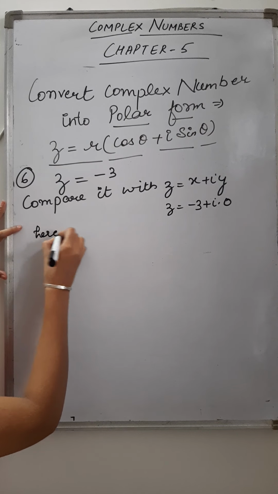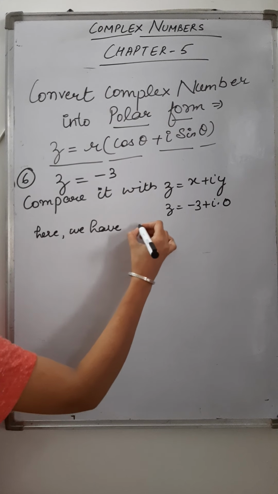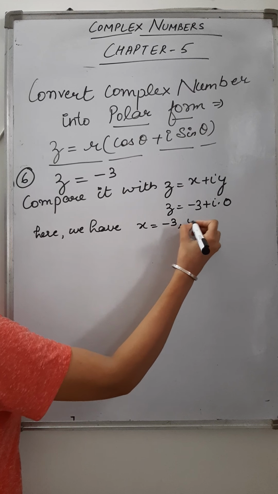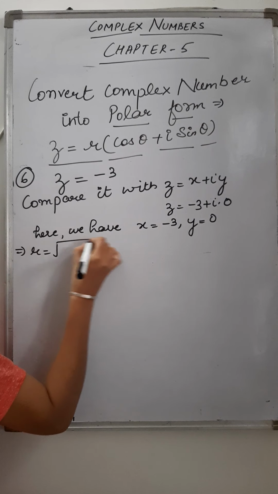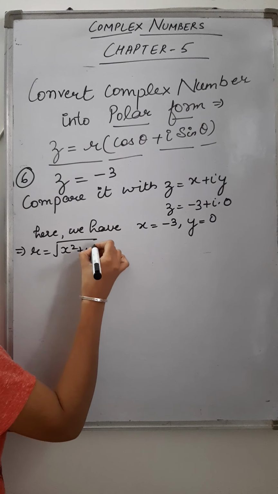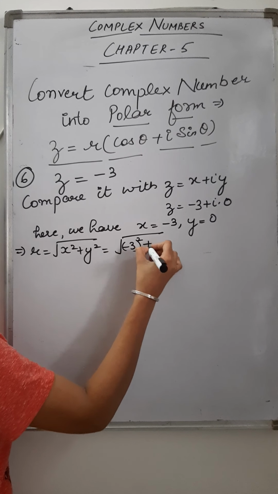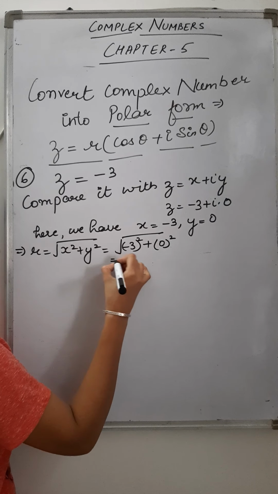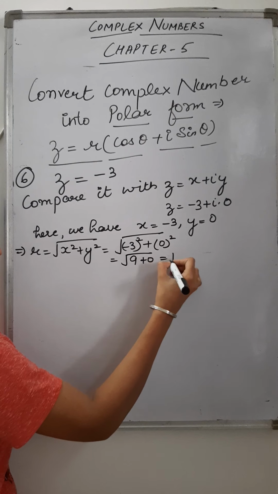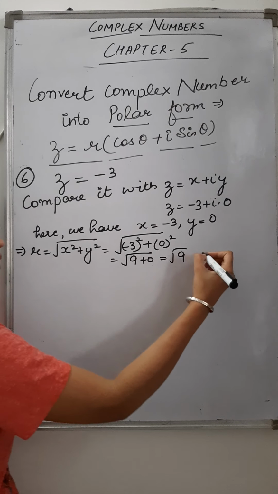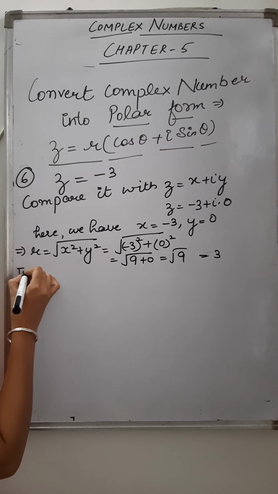Here we have x is equals to minus 3 and y is equals to 0. This implies r is equals to under the root of x square plus y square, which is minus 3 square plus 0 square. So minus 3 square is 9 plus 0 is 0. So this is your under root 9, and under root 9 is 3. Now to find theta,